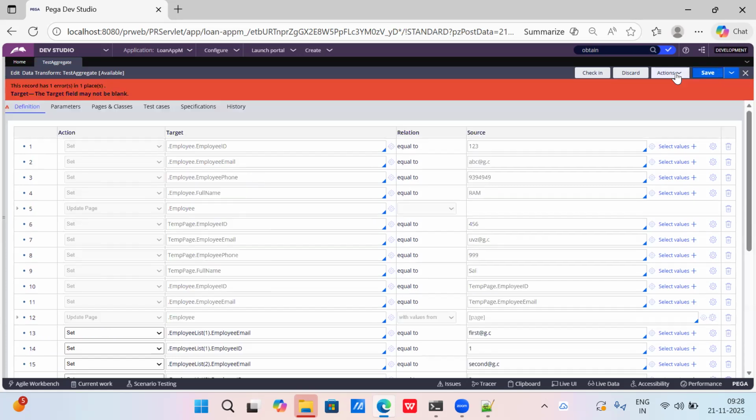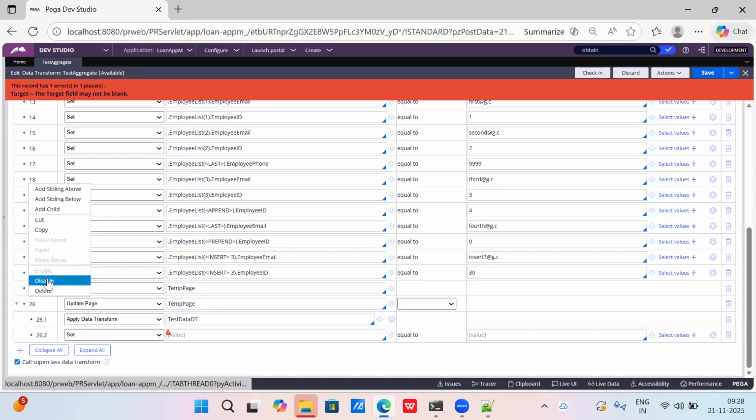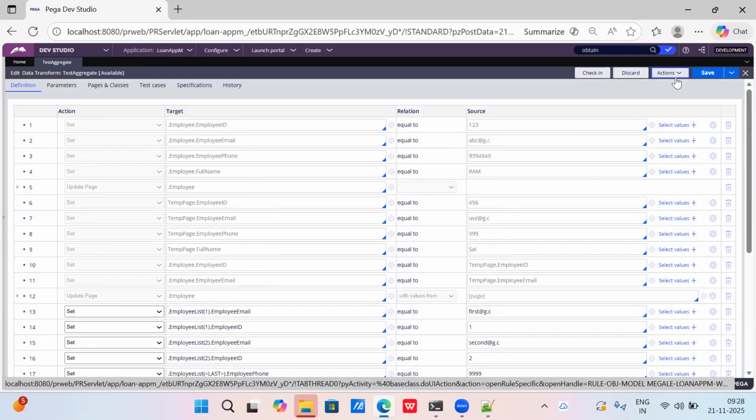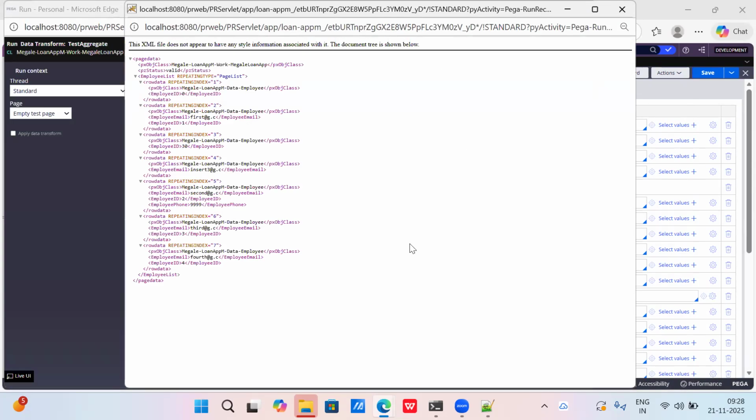Okay. This update page says that this cannot be blank. I'm disabling this step. This is not needed for now. Save it and I'm just running this one. Okay. Now do we have all this information? Yes. We could see that for employee list of one we have employee ID. So for each and every record we could see that we have employee ID present.